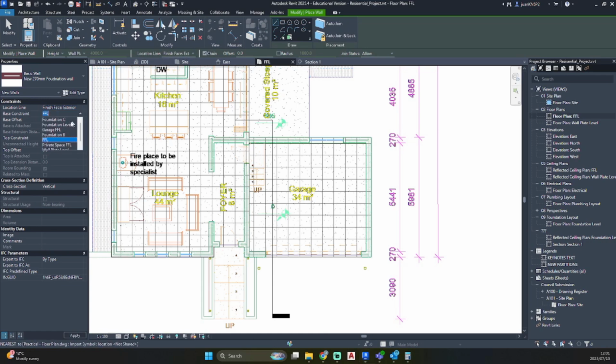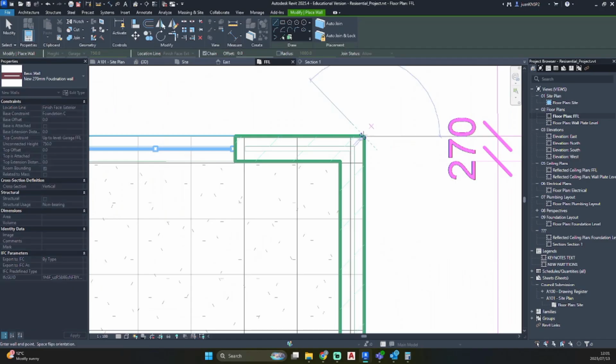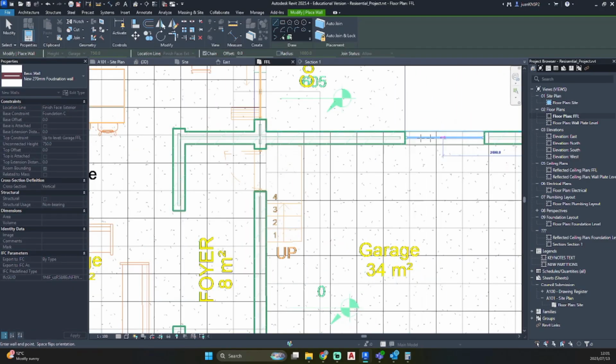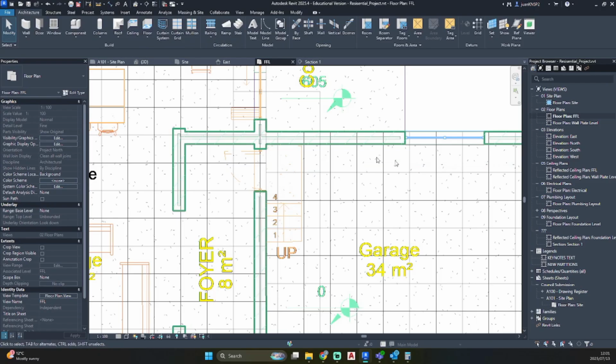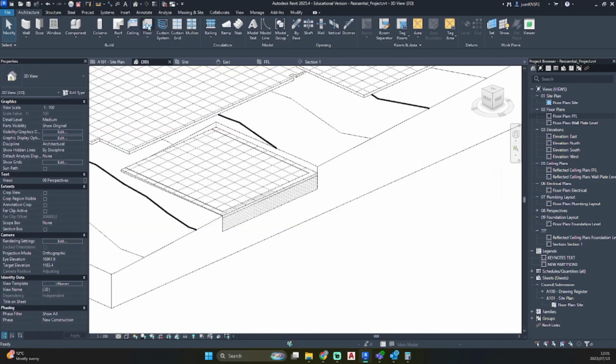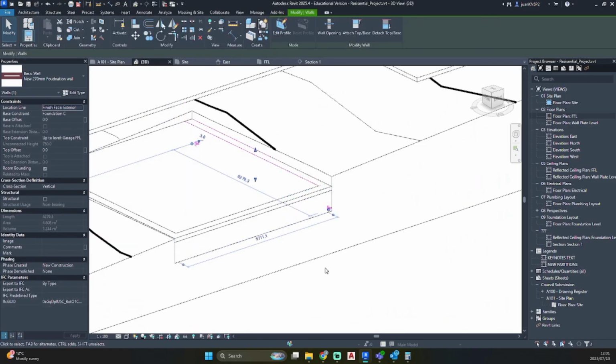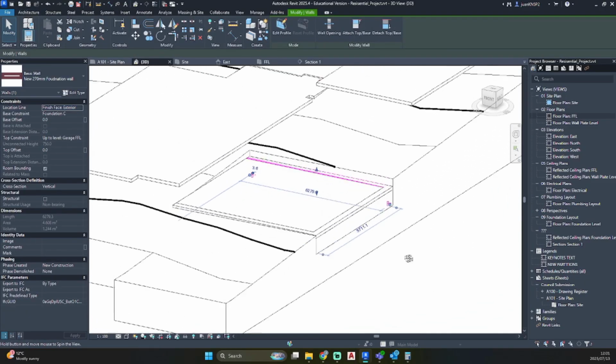We have to set our base constraint to foundation C and garage finish floor level. And just make sure to hit spacebar to make sure that your wall is flipping to the correct side. So once we've done that, we'll see that there is our other wall into place.